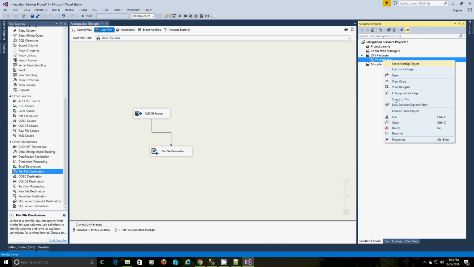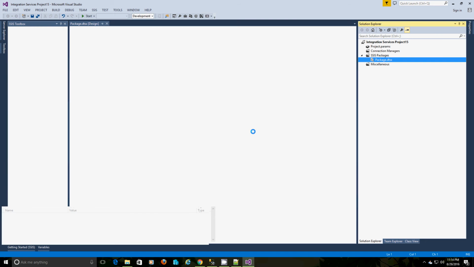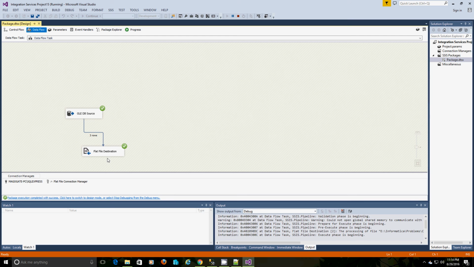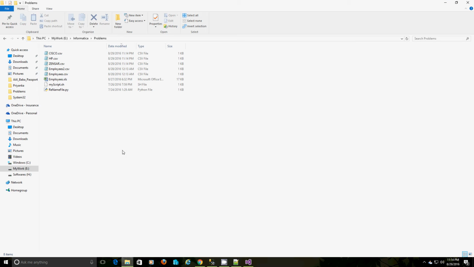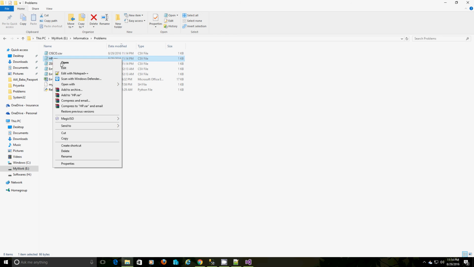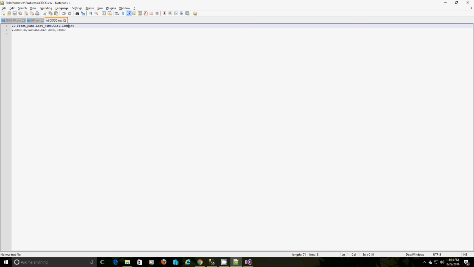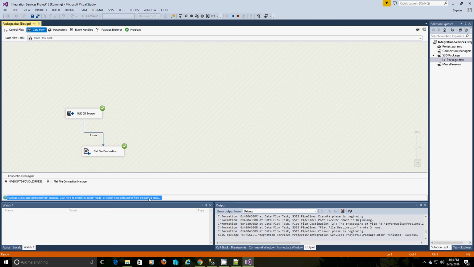Just execute the package and let's see. It has completed successfully. So we got 3 different files. Zensar should have 3 records, and it does, and the remaining 2 files should have 1 record each. This is how we can create files dynamically using SSIS.